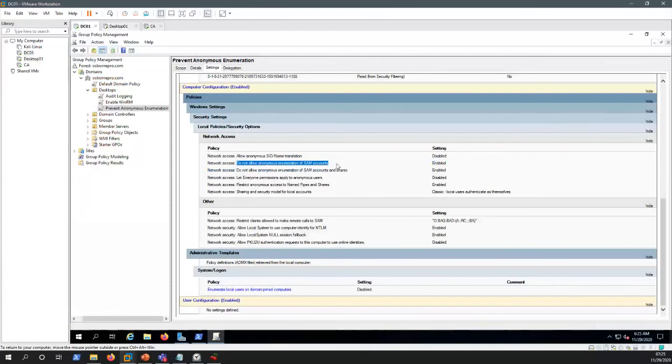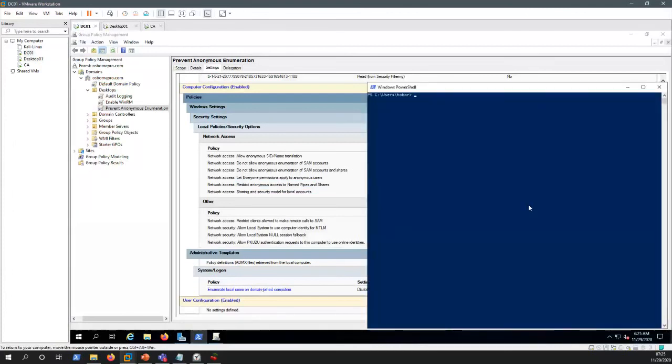We want to prevent anonymous enumeration of SAM accounts and of shares, and restrict anonymous access to named pipes and shares. What this does is, when we issue the net user /domain command, which uses the SAM RPC protocol to enumerate users and groups in an environment,